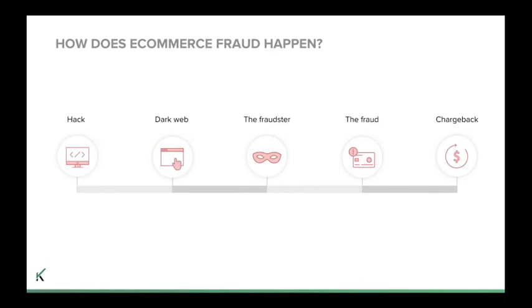Right, once the innocent victim sees this unauthorized charge on their credit card, they call their bank, they say, hey, that wasn't me. They file what's known as a chargeback. I think, unfortunately, at this point, most individuals have had some unauthorized use on their card. I know I have. And that's kind of the 5 stages in which it happens. So let's try to take a closer look at how fraudsters get that PII.